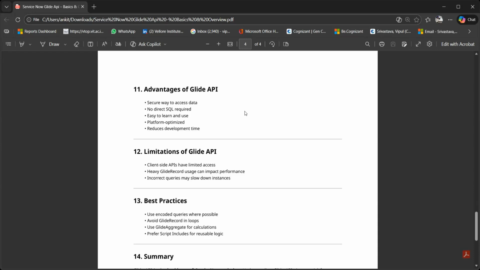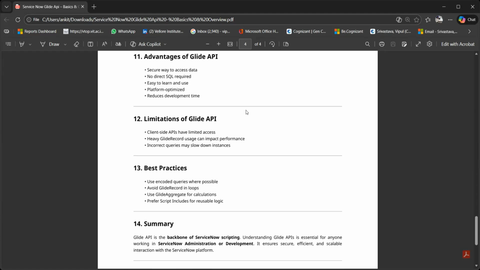and they will also reduce the development time. Some limitations of the glide APIs are also there: the client side APIs have limited access. Heavy glide record usage can impact the performance. If you use so many glide records in one function, it will impact the performance. Incorrect queries may slow down the instances. So as I have said before, if the queries are incorrect or not logical, it will slow down the